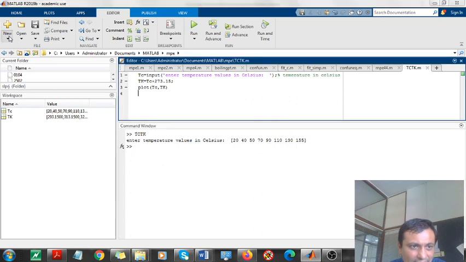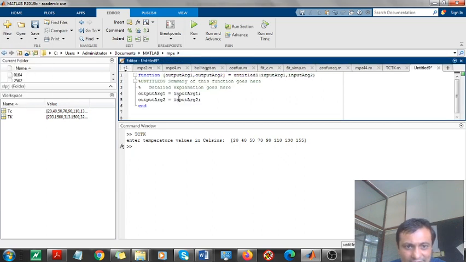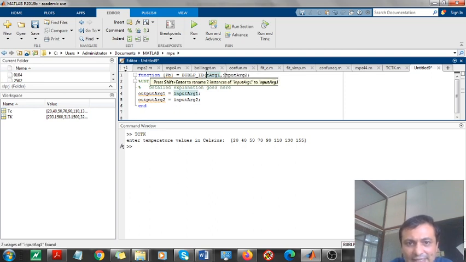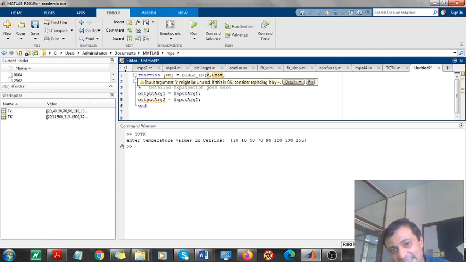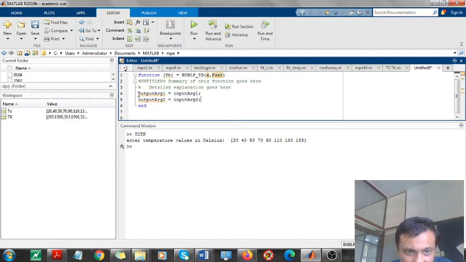So I go to new function file. My output is pb, that is, the bubble point pressure, and I'll write here bubble_p_id so that it becomes ideal. As input variables I'll give x and p set. These can be scalar or vector, nothing to worry about. So I'll directly write the expression here.